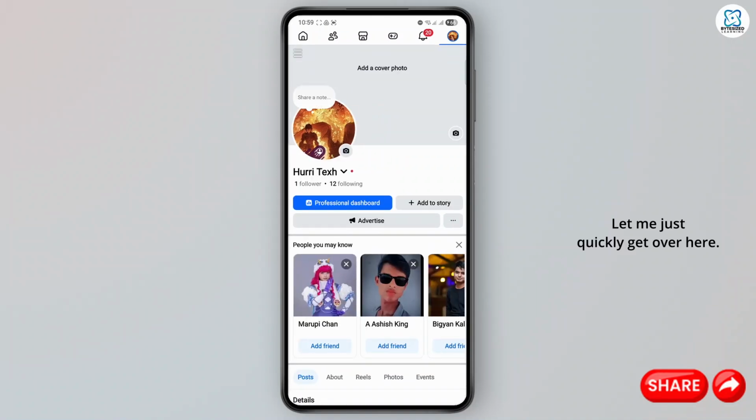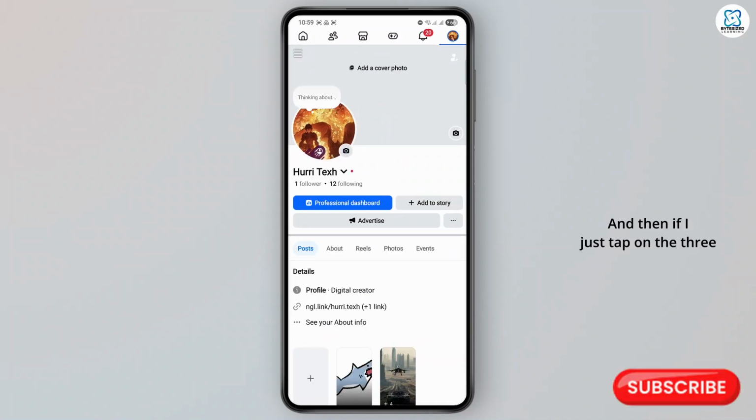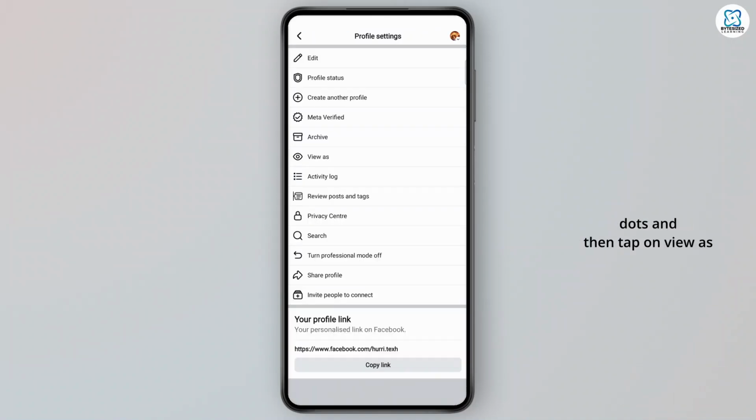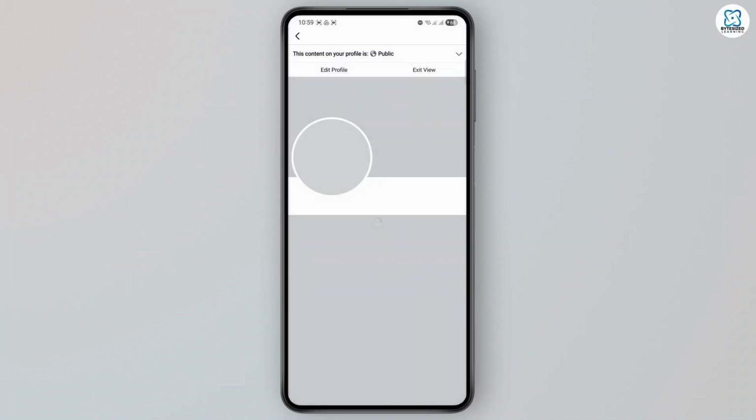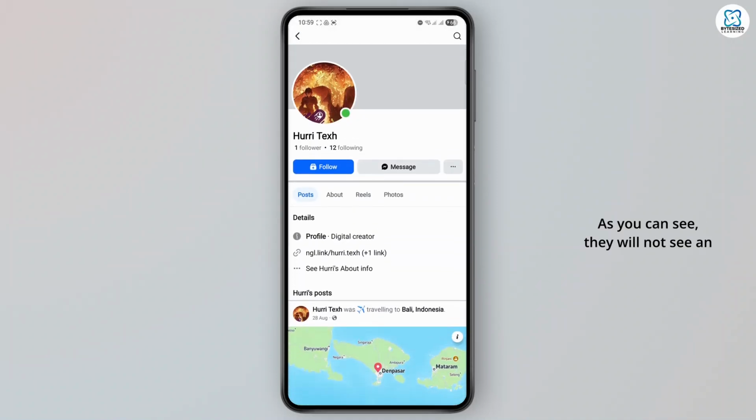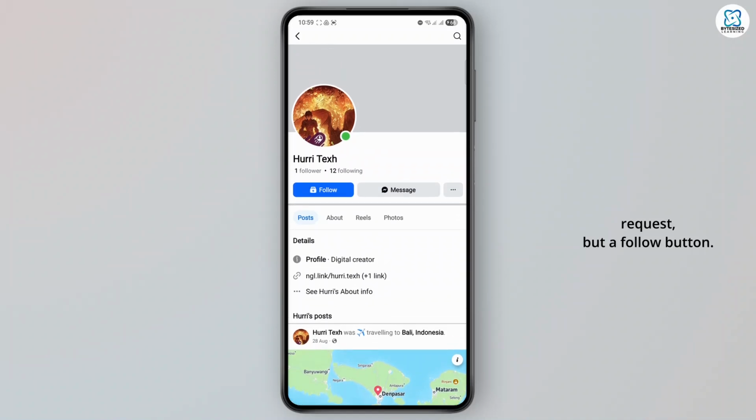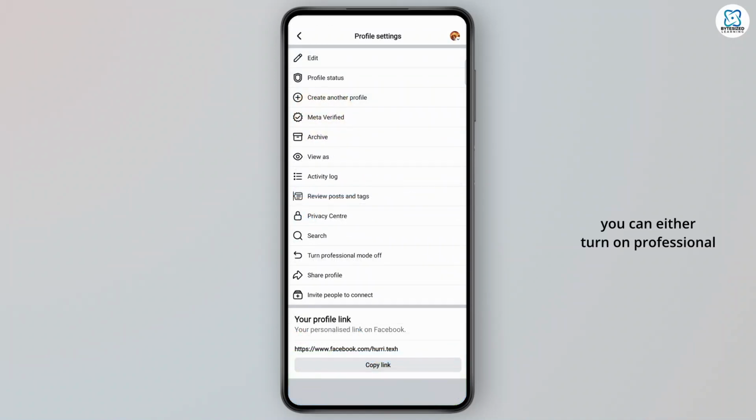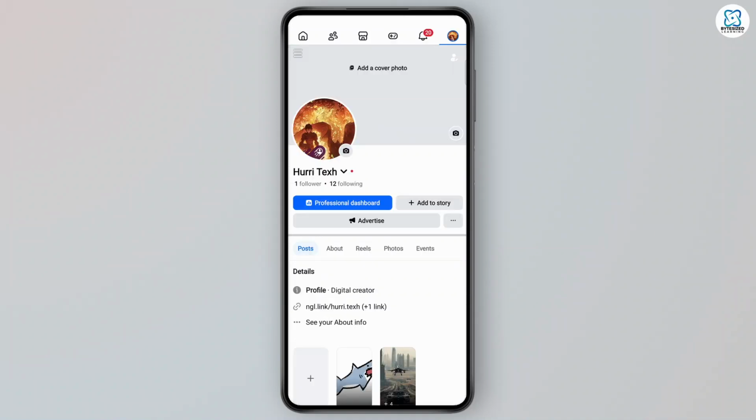Now let me just quickly get over here, and then if I just tap on the three dots and then tap on view as, I'm able to see what people will see. As you can see, they will not see an option to send me a friend request, but a follow button. Now, in order to be able to do this, you can either turn on professional mode on your profile, or